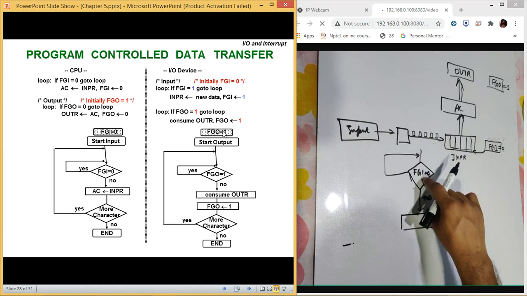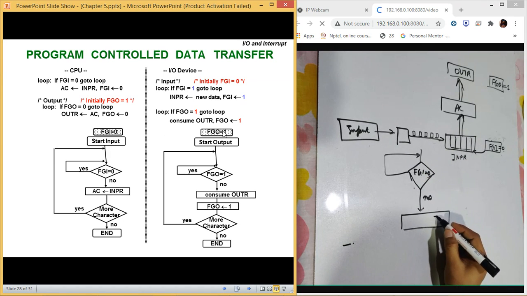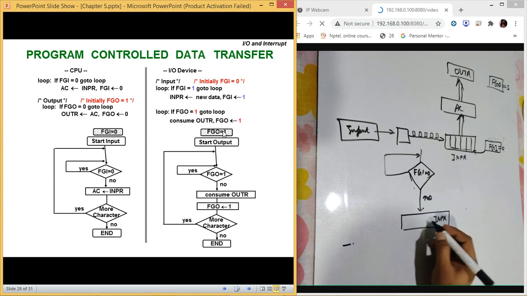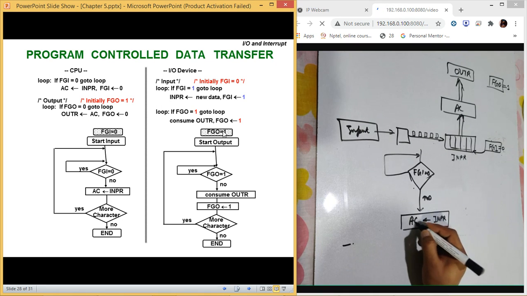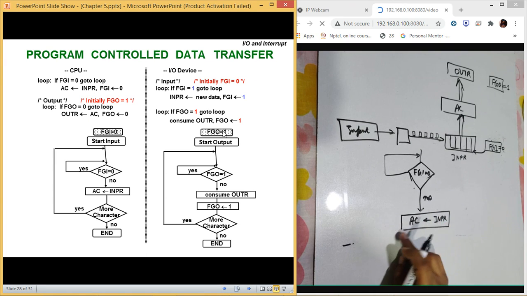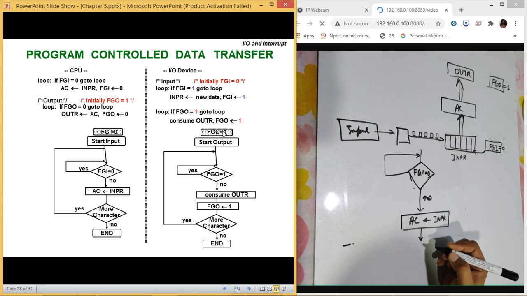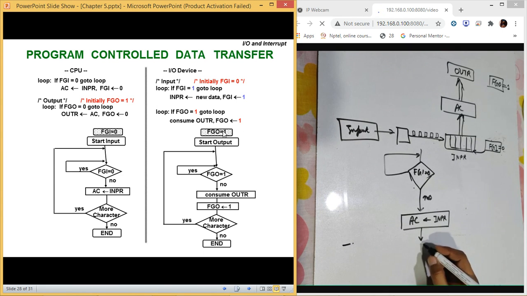Once it becomes 1, from the INPR register we shift the data to the accumulator. So AC will get the data from the INPR register. Once it is done, we have to check another condition: do we have any more data to transfer?